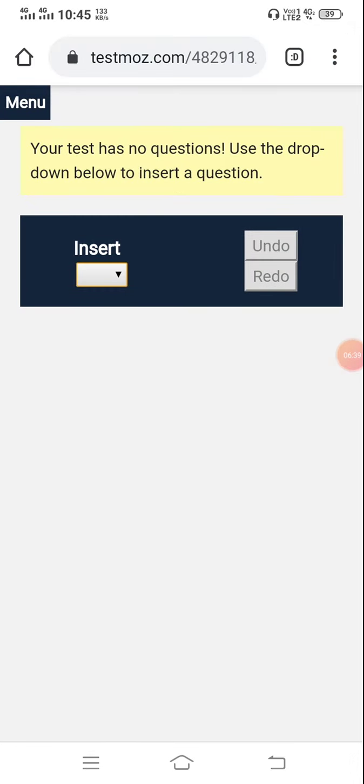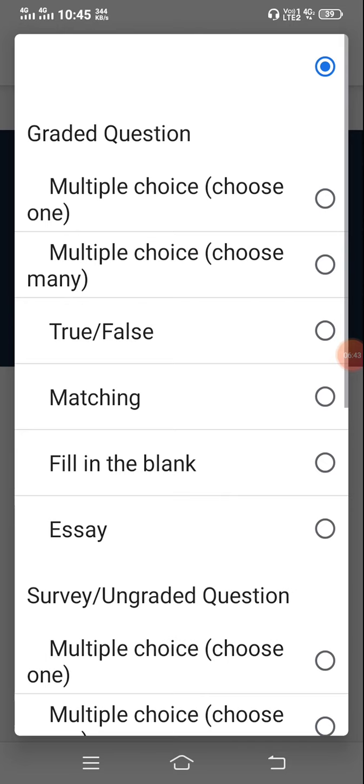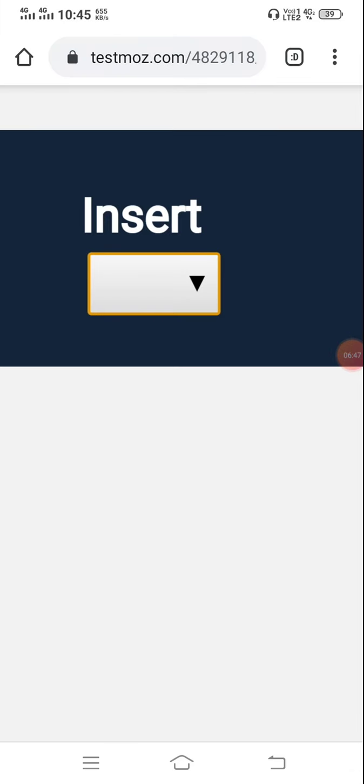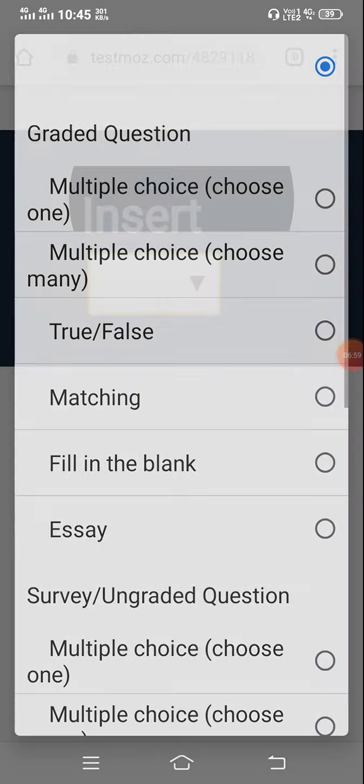For inserting the questions, go to insert, down arrow mark, just press enter, insert. Here, which type of question do we choose? Either multiple choice, true or false, matching, fill in the blank, essay type, like this. I am choosing here multiple choice.